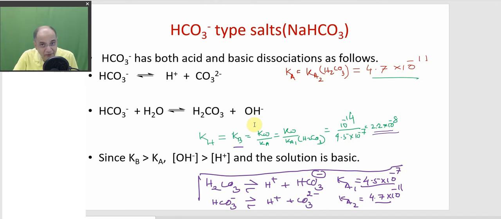Therefore, the little excess of OH minus negative charge is negligible compared to the bulk of the charge which is from the ions. These carbonate ion, this bicarbonate ion, sodium ion, these are the bulk of the ions. But H plus and OH minus, they are ions, no doubt, but they react. So whatever little minuscule quantity, in the order of 10 to the power minus 8 or minus 6, that excess will not upset the charge balance.